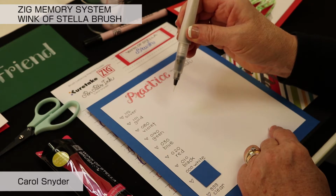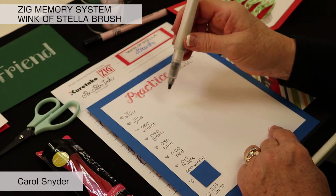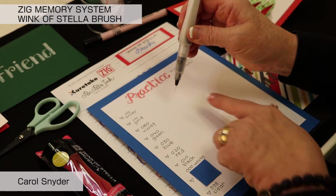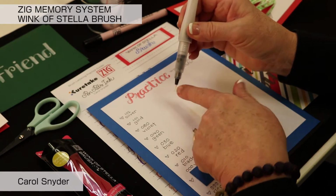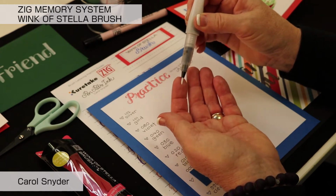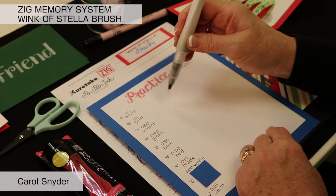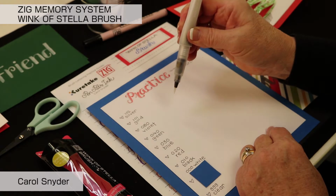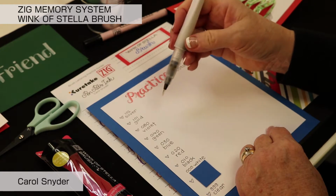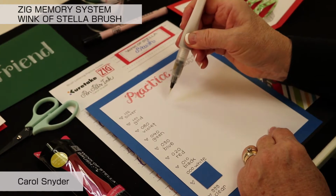The very first time that you use it, you don't want to push very hard. So if you just begin to push it, and then eventually you'll see it start to come down the nylon tip of it. The nylon tip is a wonderful tip that is just like a brush, and so you can get a perfectly fine tip point on it. You can feel the pressure of the ink coming down. There we go. We can see it starting to come down there a little bit, and you can just push,